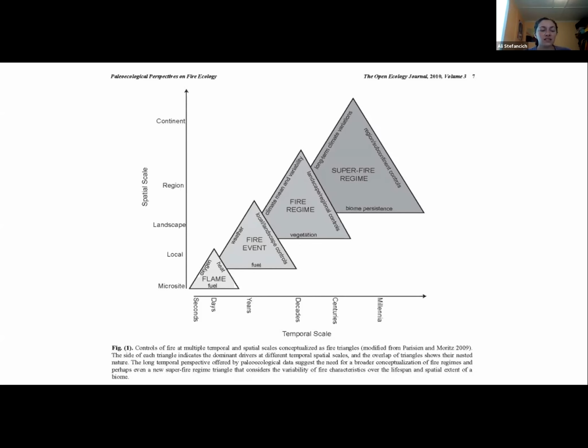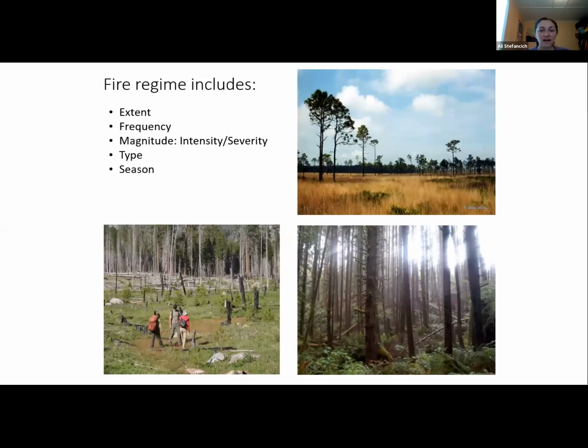So fire regime includes the extent of fires, the frequency, the magnitude, so intensity or severity. So how hot is it burning? How much of an impact is it having on the ecosystem, the plants, like how many of them are they killing? That's kind of the magnitude. The type and the season. So these are